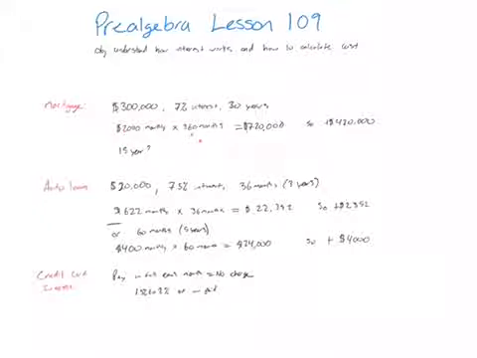So $2,000 times 360 months, which is how many months there are in 30 years, you end up paying $720,000 for a house that costs $300,000. So you end up paying an extra $420,000 for that house. If you did a 15-year, your monthly payment goes up to almost $3,000, and you only